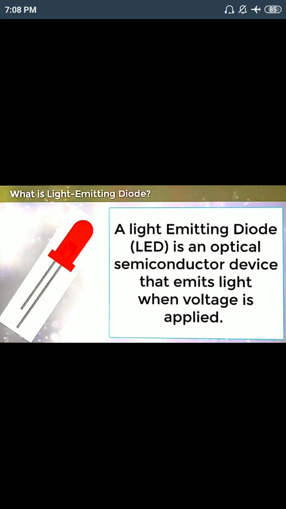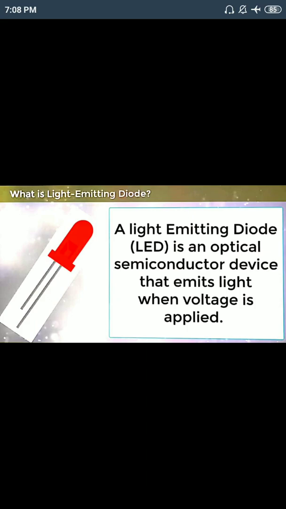A light emitting diode is an optical semiconductor device that emits light when voltage is applied, and here voltage means forward bias voltage. Here you see one long leg and another short leg. The long leg represents the positive terminal, the short leg represents the negative terminal. So when we connect the LED in forward bias, we always connect the long leg with the battery positive and the short leg with the battery negative.